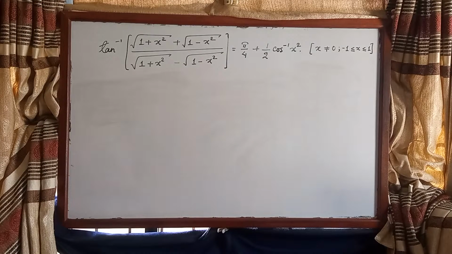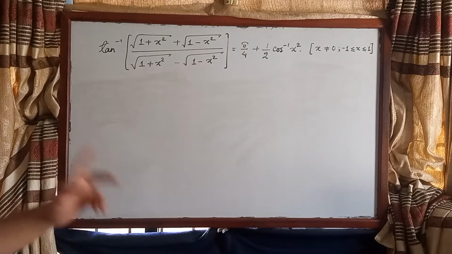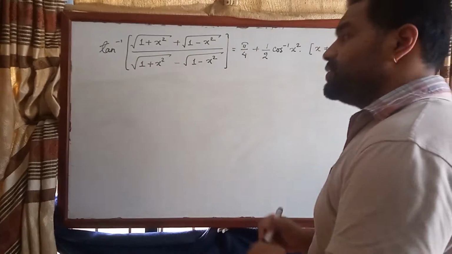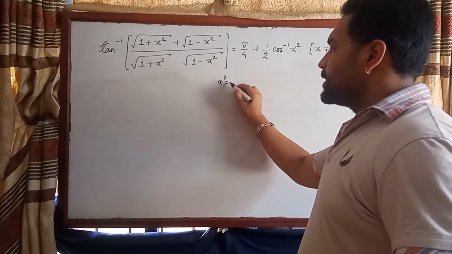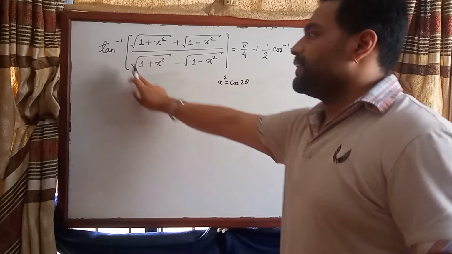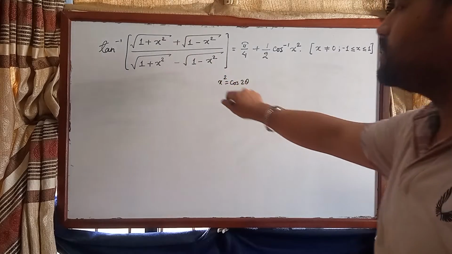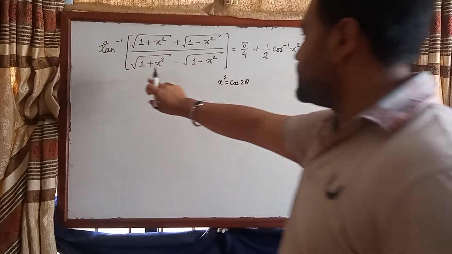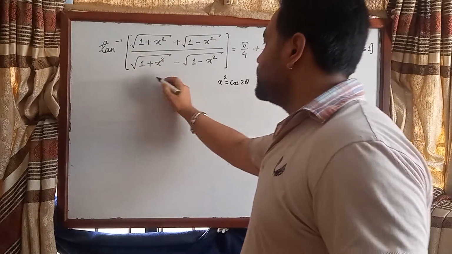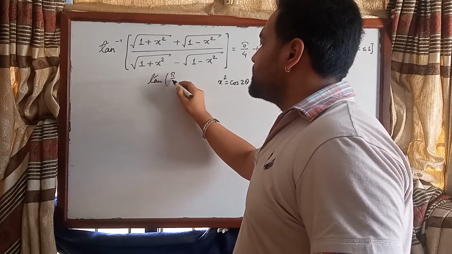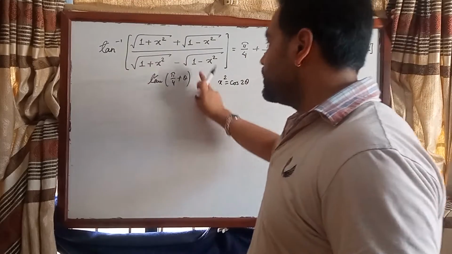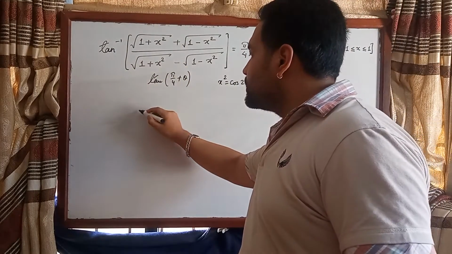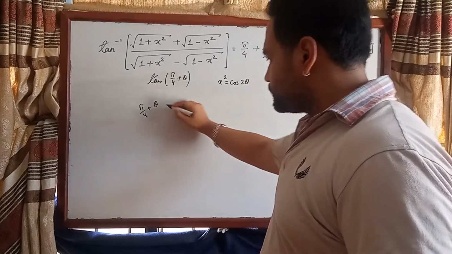And what most of the textbooks and most of the teachers for that matter do is that they make students memorize that all you have to do in this particular problem is to put x squared equal to cos twice theta, simplify this expression, and get the value of this expression to be this thing, and then we get pi by 4 plus theta is equal to